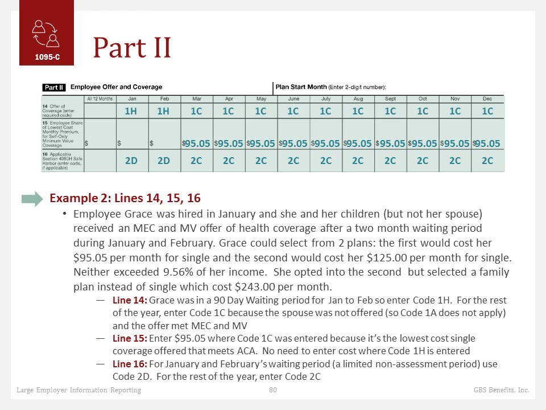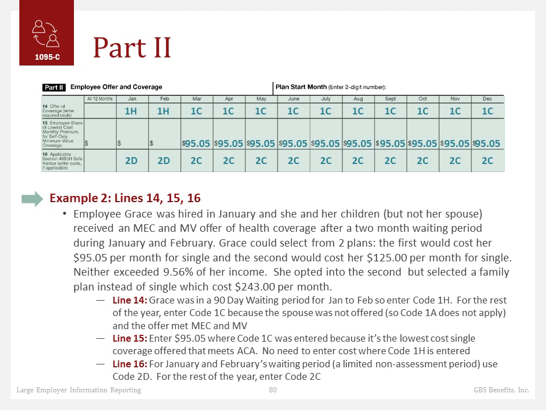On line 14, for January and February, you're going to enter 1H. 1H because she was not offered coverage. She was in her waiting period. On line 15 for January and February, because you entered 1H, that is one of the codes where you don't fill out the dollar amount. That is because for this case, it's logical because there was no offer, so there was no cost. So